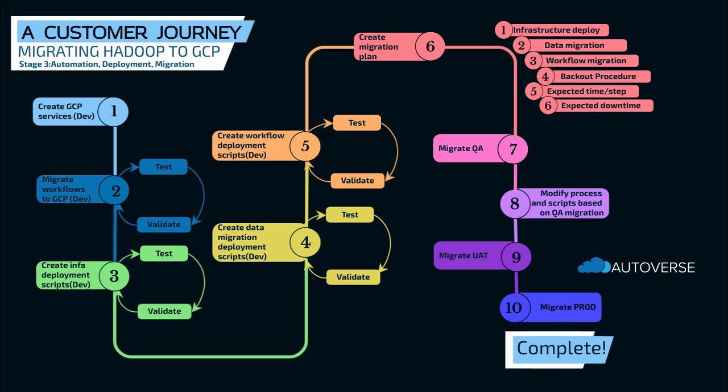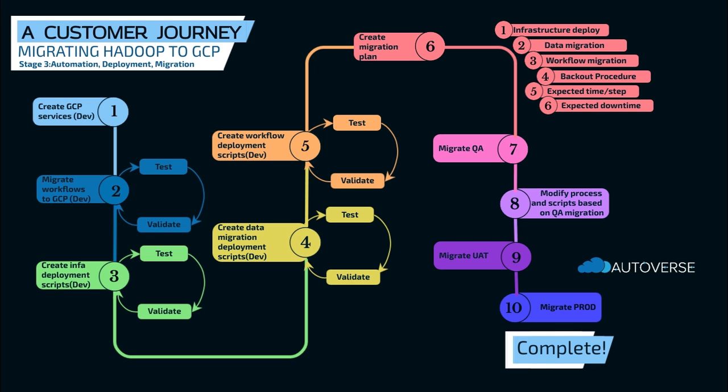Just to give you a bit of a recap, stage 1 was all about data migration and moving on-premise HDFS resources and data to Google Cloud Storage. Stage 2 was about selecting the appropriate GCP services for the workflows that are required for your environment in GCP. Stage 3 is about putting it all together